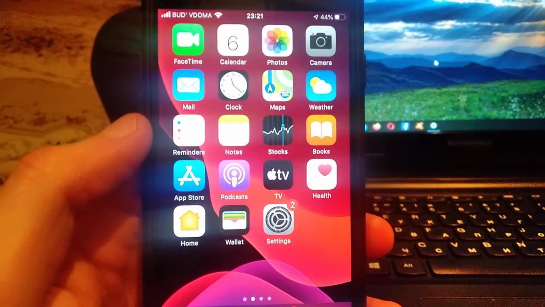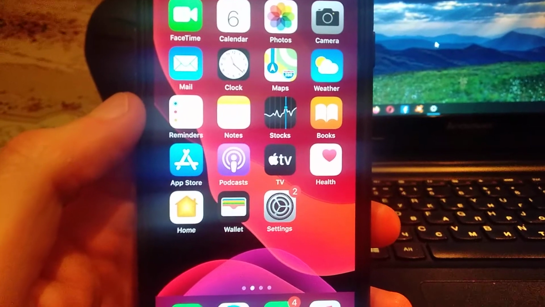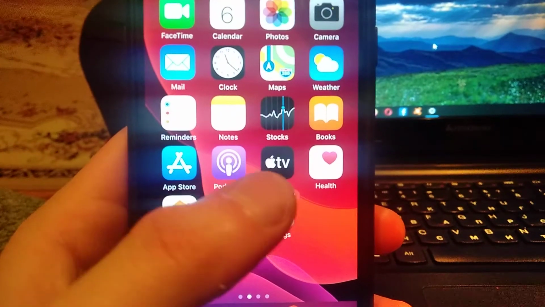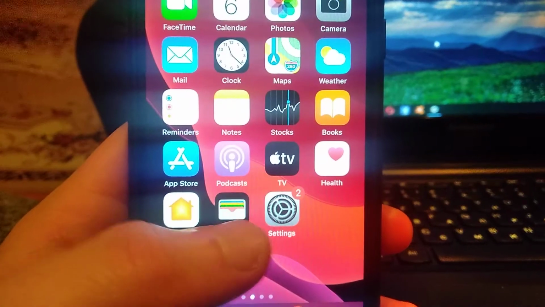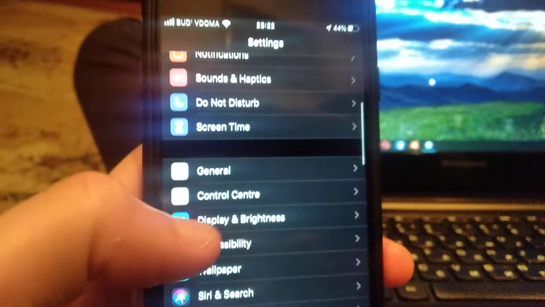Hello dear subscribers, today I will show you how you can easily turn off, disable your auto brightness on your iPhone. So for doing this you just need to go to settings, and in settings you need to find display